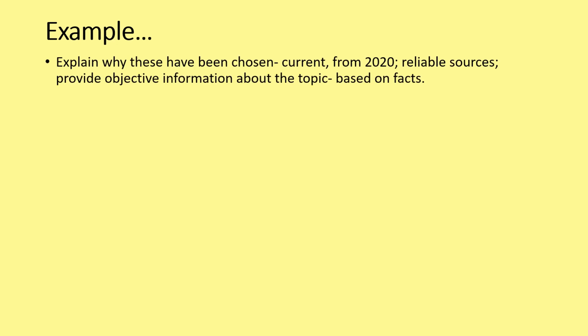In terms of my research, washing hands in relation to the coronavirus, I decided to use all the resources from 2020 on Google Scholar, and I'm checking that these are reliable sources and then they provide objective information about the topic, which is based on facts. So I'm looking for good journal articles, and I'm also always checking the World Health Organization website as well and